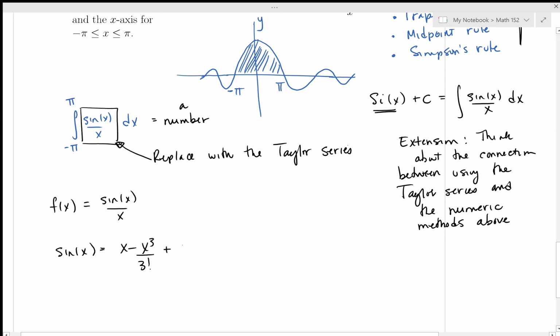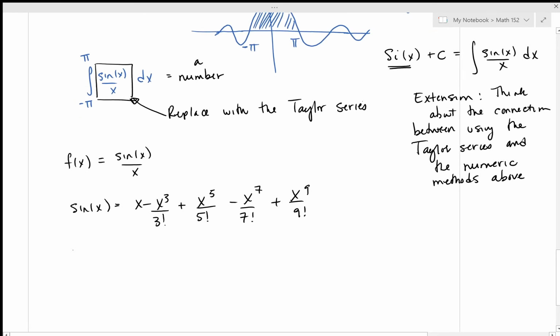It's an odd function. It has the odd powers of x. So we know the Taylor series for the sine function. And then we can simply divide both sides by x, and we get this function here,